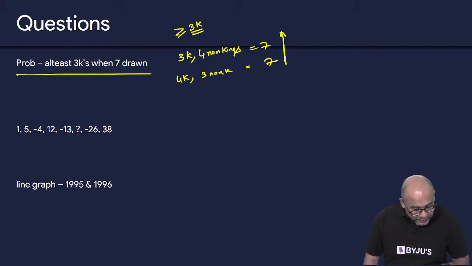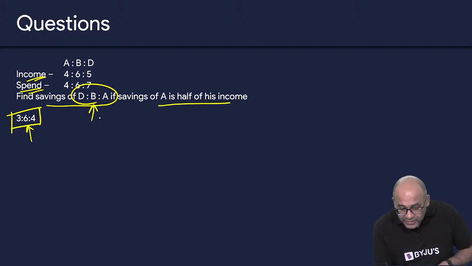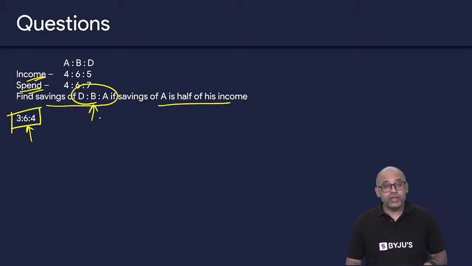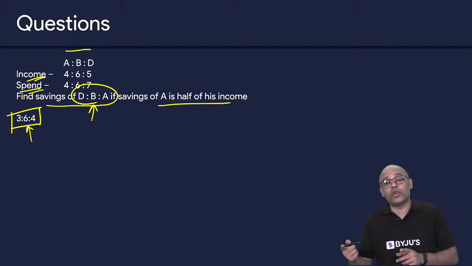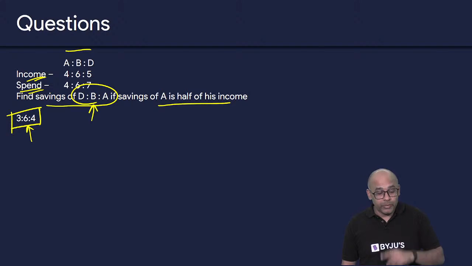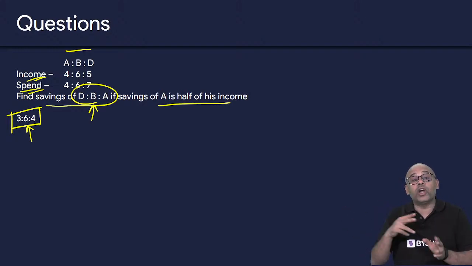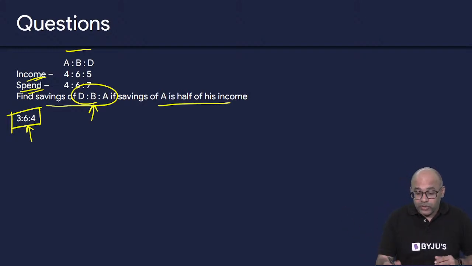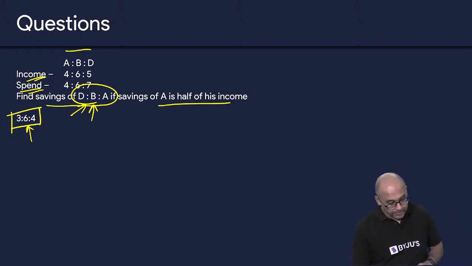It is not 463. Guys, it is not 463. Remember, they changed this to DBA. So 463 is if it is ABD. If it is DBA, it is 364. The order was changed. You have to be very careful about what they asked. So the values 4, 6 and 3 are individually correct, but which order are they asking? They are asking you the order of DBA, not ABD. Okay.